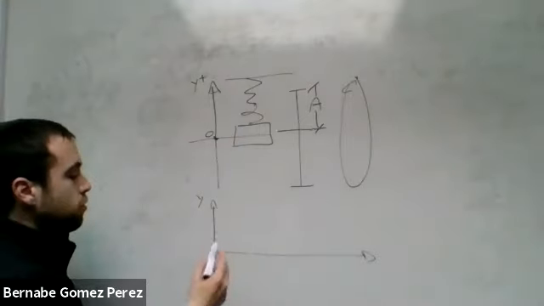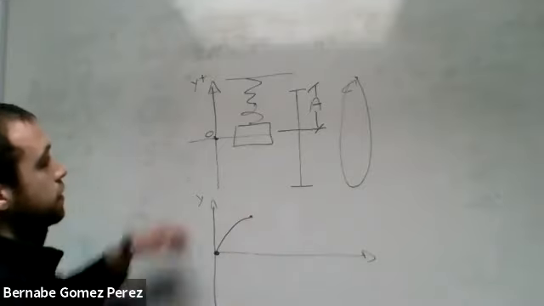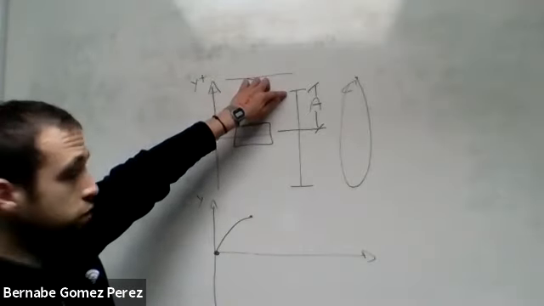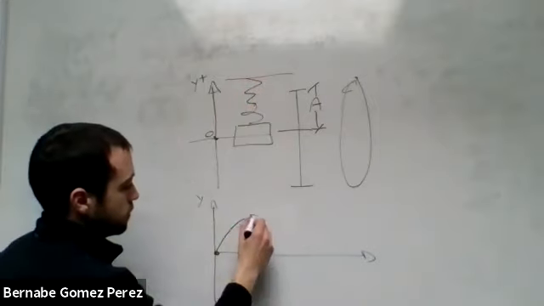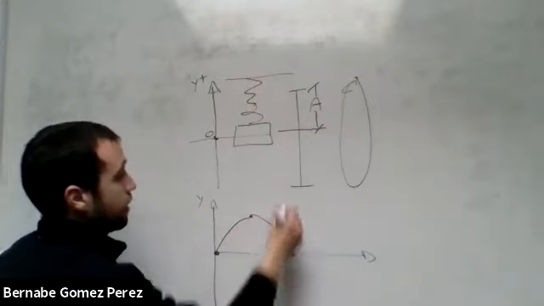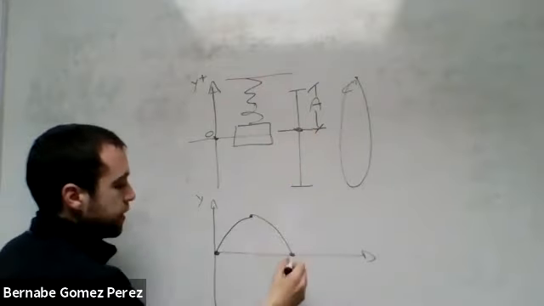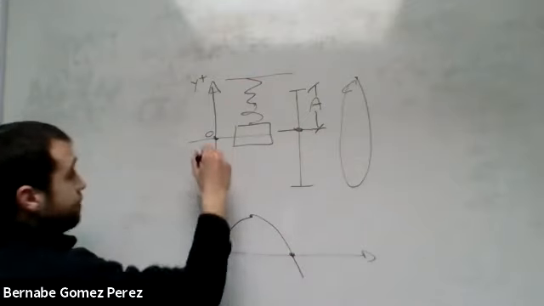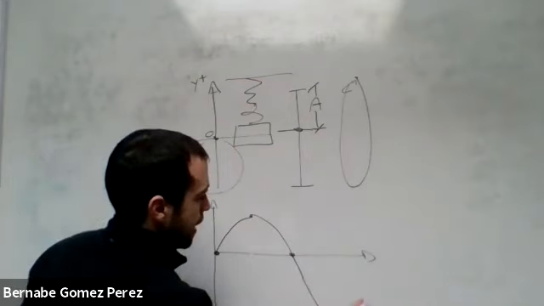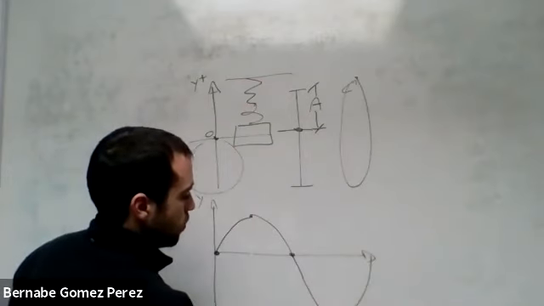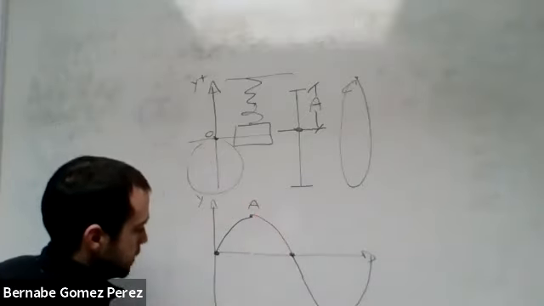If I go upwards until I reach the maximum position, then I will start going downwards. Again, I find the equilibrium position, then I go lower than the equilibrium position, into the negative region, right? And I complete a cycle. So this is minus A, this is A, this is a period,